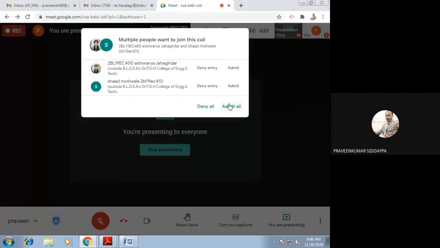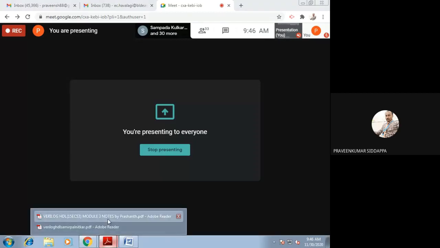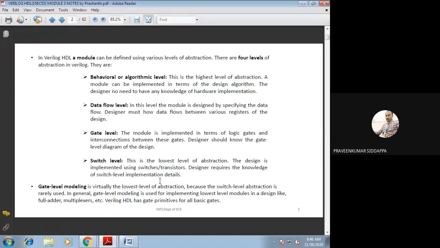Which are the gate primitives? AND gate, OR gate, NOT gate, NAND, NOR.